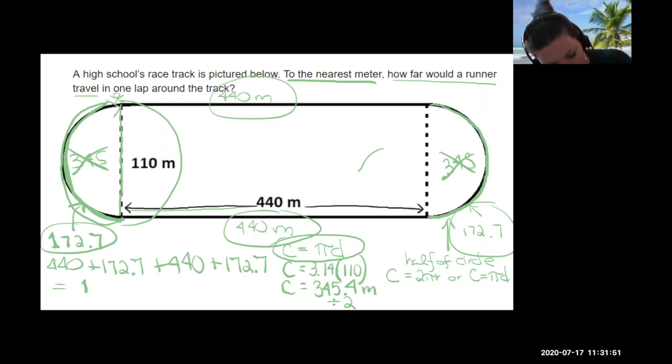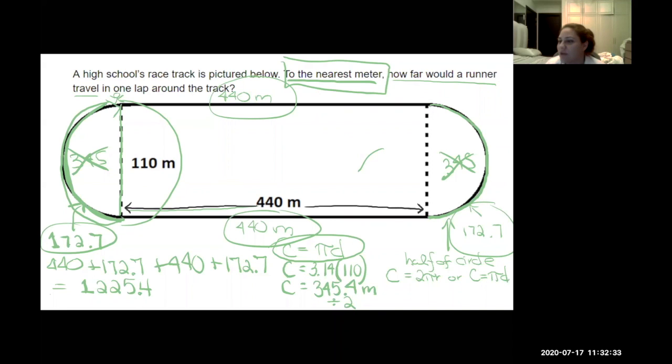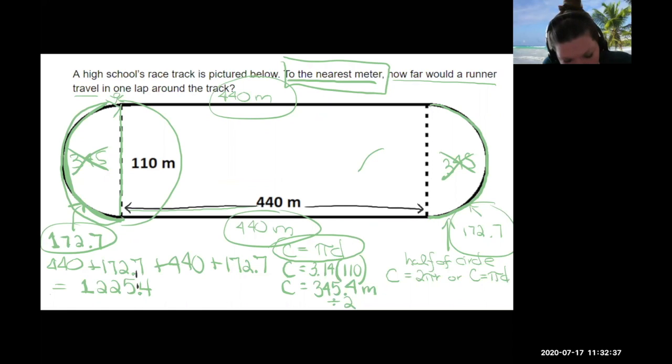So I get 1,225.4. Am I done? No, round. Beautiful. They did give me some rounding directions, didn't they? What did they say to round to? Nearest meter. Which means what? I guess we got the whole number. Yes, absolutely. That's the nearest whole meter. We're going to cut it off right at the decimal place. Not big enough to matter. And so I'll call that